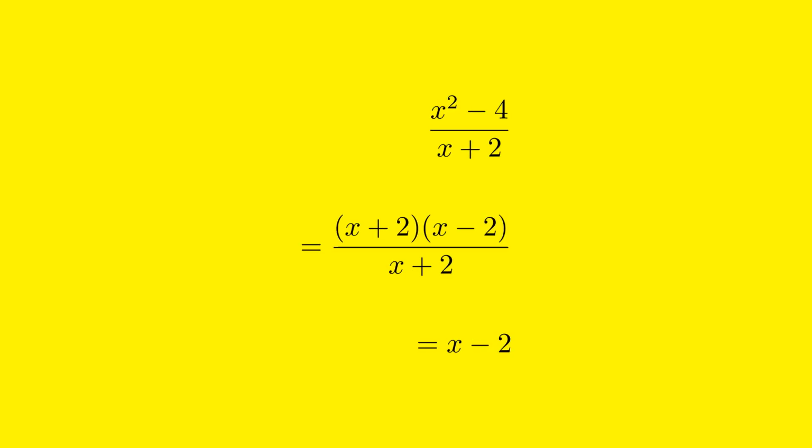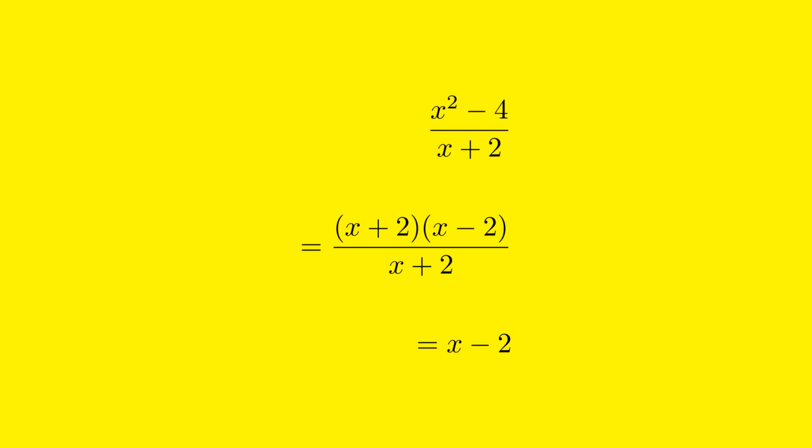Step 2 in solving the problem: reduce the rational expression x squared minus 4 divided by x plus 2 involves simplifying the expression that we obtained in step 1. By factoring the numerator in step 1, we transformed x squared minus 4 divided by x plus 2 into x plus 2 times x minus 2 divided by x plus 2. Notice that in this new form of the expression, both the numerator and the denominator contain the factor x plus 2. Since x plus 2 is present in both the top and bottom parts of the fraction, we can cancel